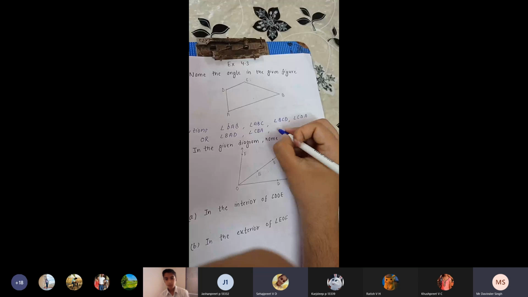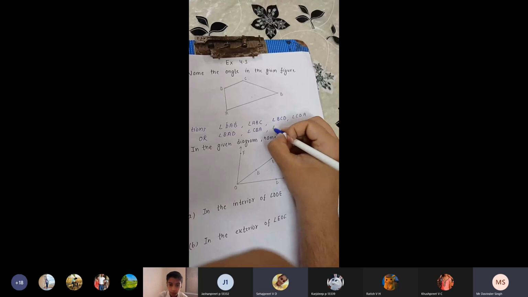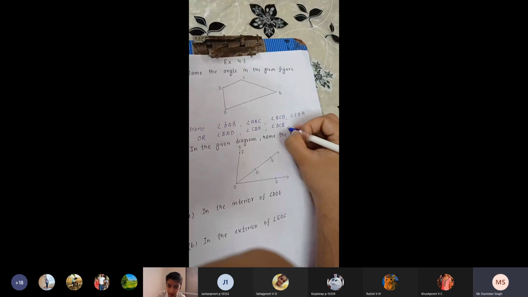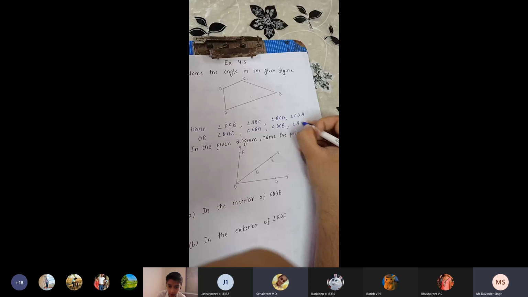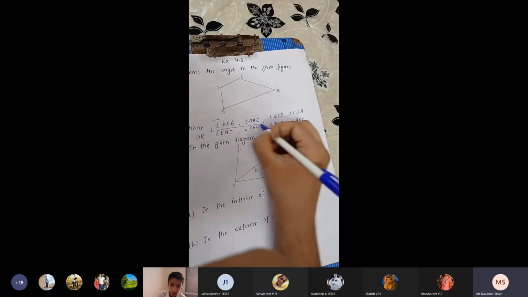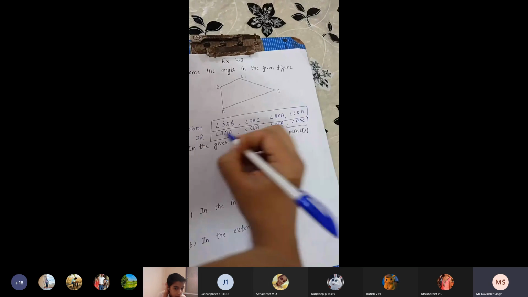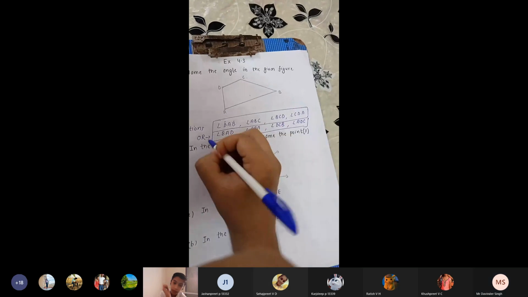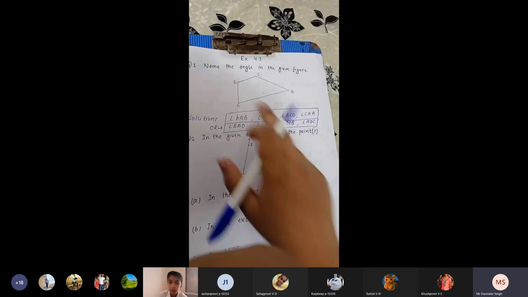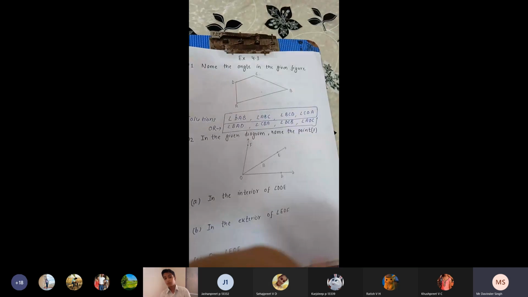DAB beta I have written earlier also. This is the second solution. Other can be, now I can exchange these. It will be DCB and ADC. So either you can write this, either you can write this, or you can write this. You have to write one. It is your wish how you have to write. But there are only 4 angles here. Either you can write like this or you can write like this.